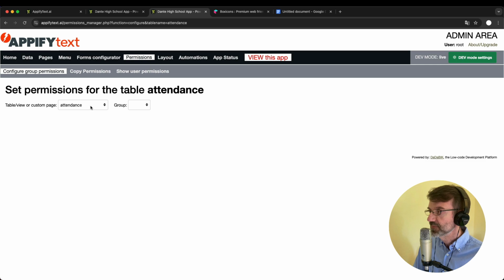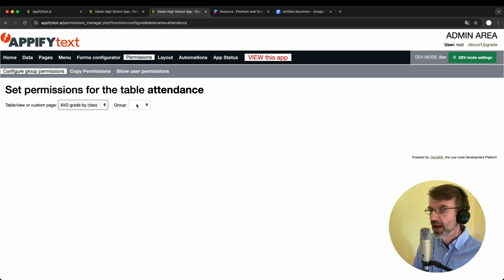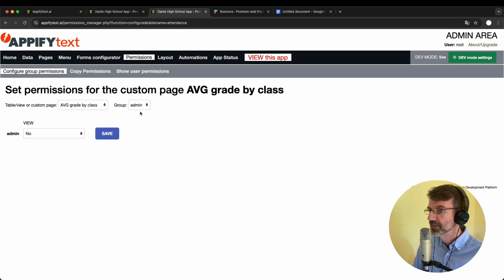For custom pages, by default, when you add a custom page, DaDaBIK doesn't set the permissions to yes, so the permission is readable, let's say viewable. We have to do it. So for average grade by class and for the group admin, remember right now here you can see 2 groups because by default